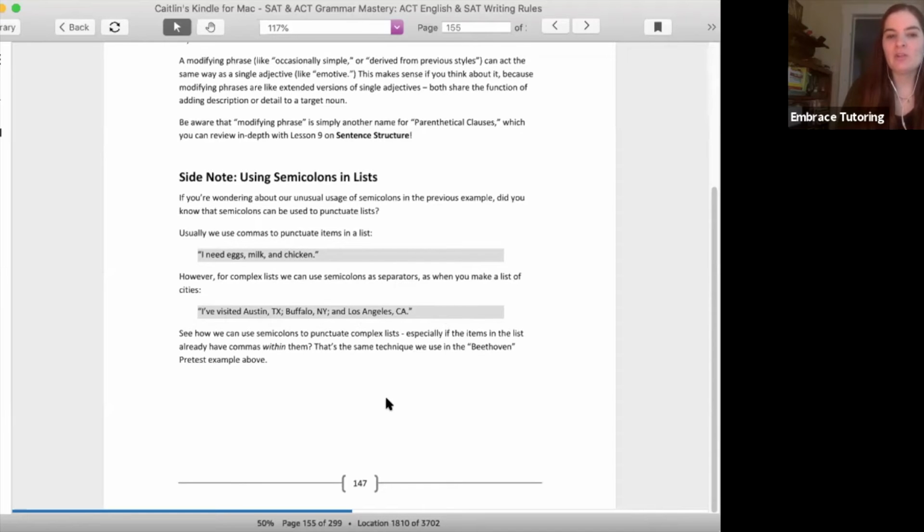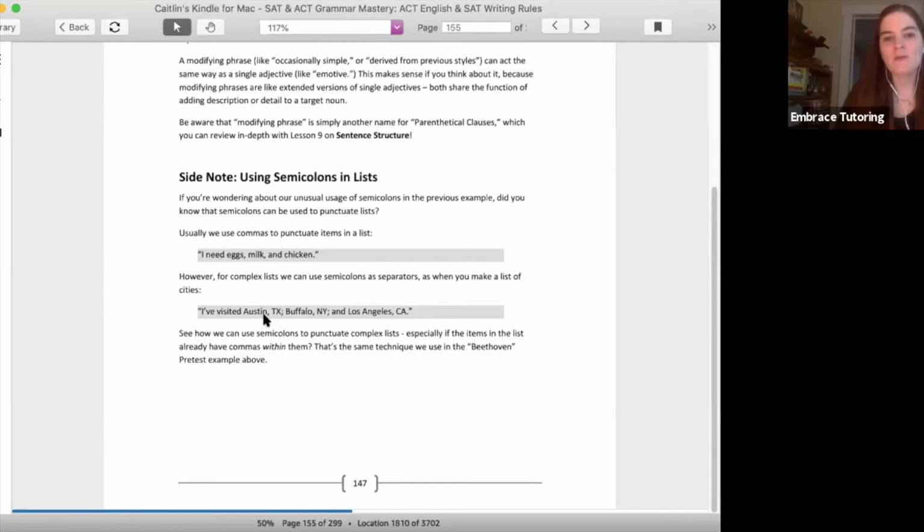So we can use semicolons to punctuate complex lists, especially if the items in the list already have commas within them. So do you see that there are commas here? After Austin, so between the city and the state. And then there's Buffalo, New York, Buffalo being a city, New York being a state, Los Angeles, same thing, city,